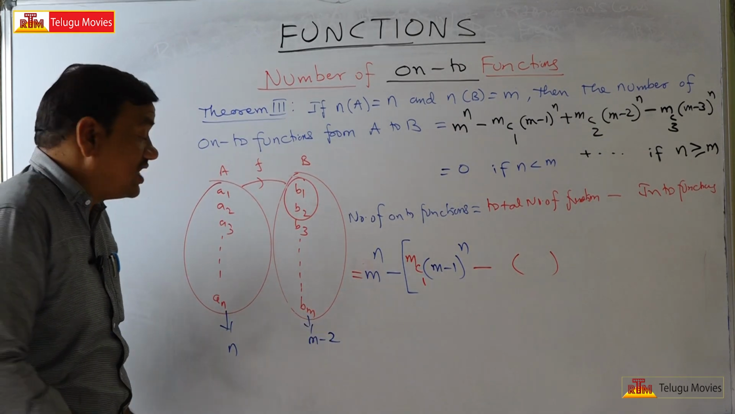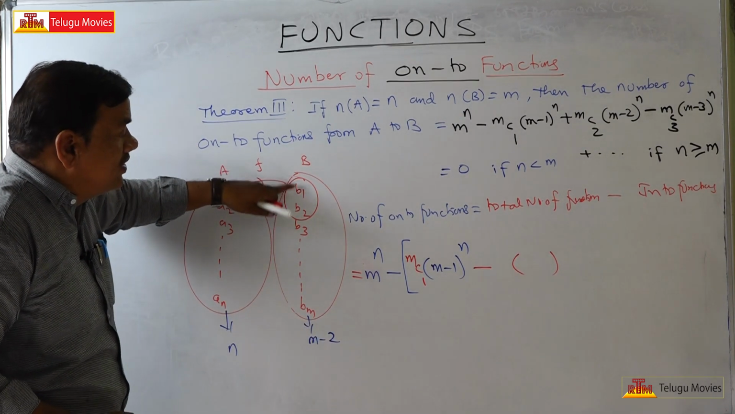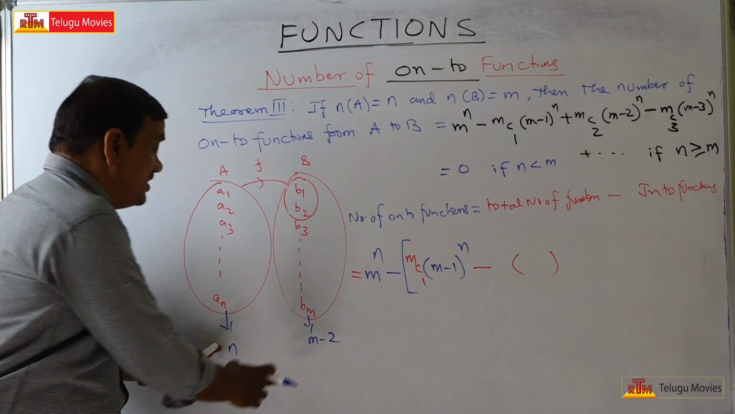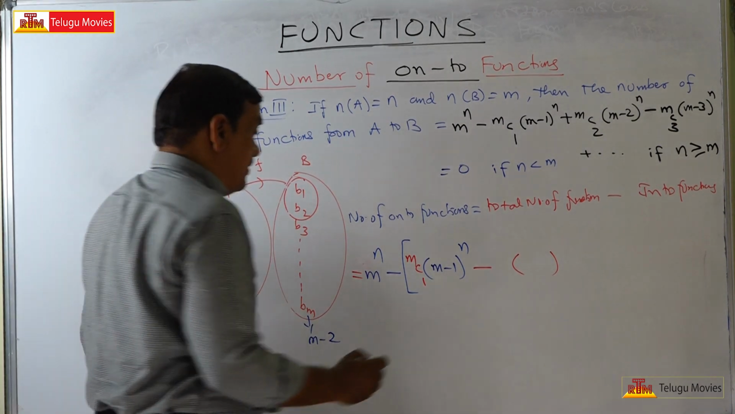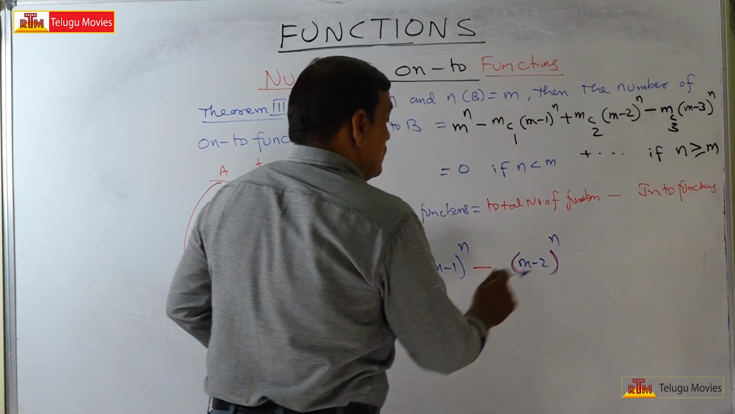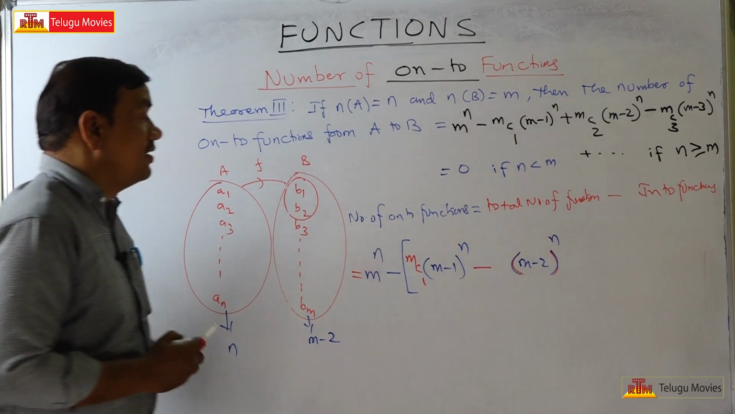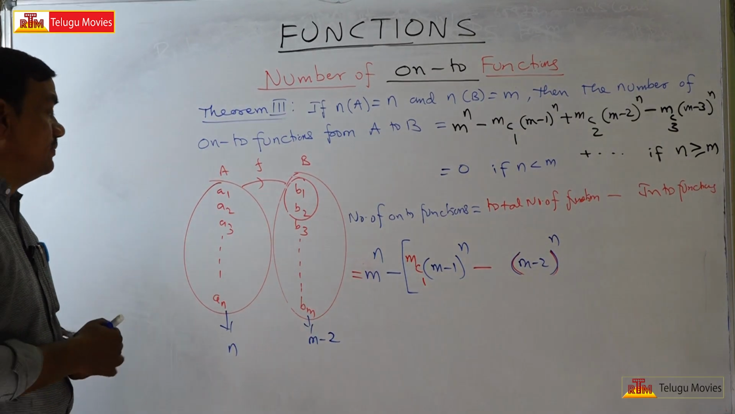So all these n elements are associated with m minus 2 elements. Then the number of functions is m minus 2 whole power n. They are into functions, because B1 and B2 are not participating, that is m minus 2 whole power n. So, right. Now,